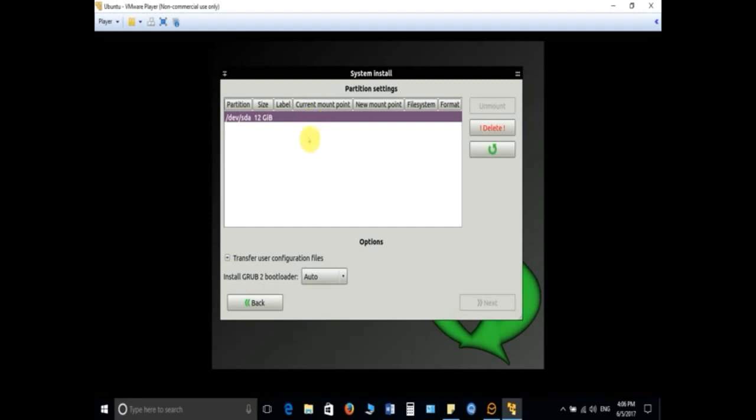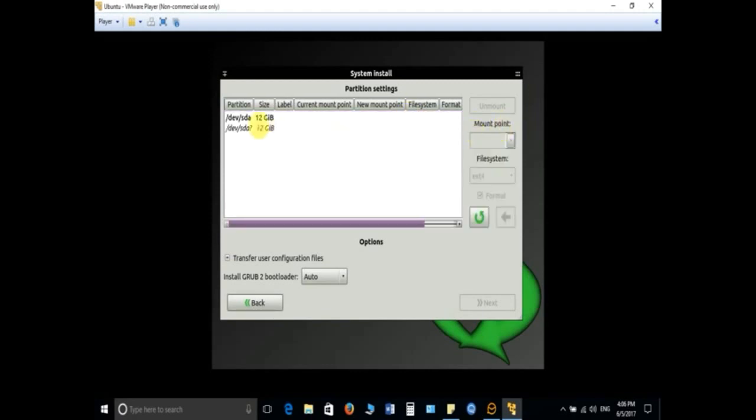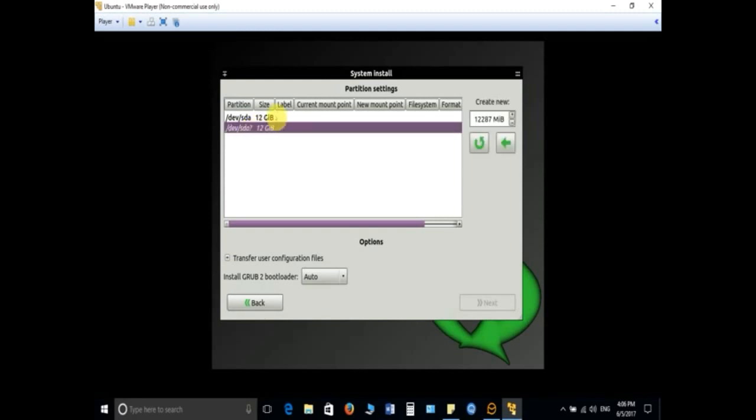So what I have to do is first select this one with the help of the mouse, and then click on delete. The moment I delete, this will get deleted, and you can notice here that earlier it was coming as /dev/sda 12 GB. Now it is showing another option, /dev/sda question mark 12 GB. So this particular option I have to use for installing the Linux.